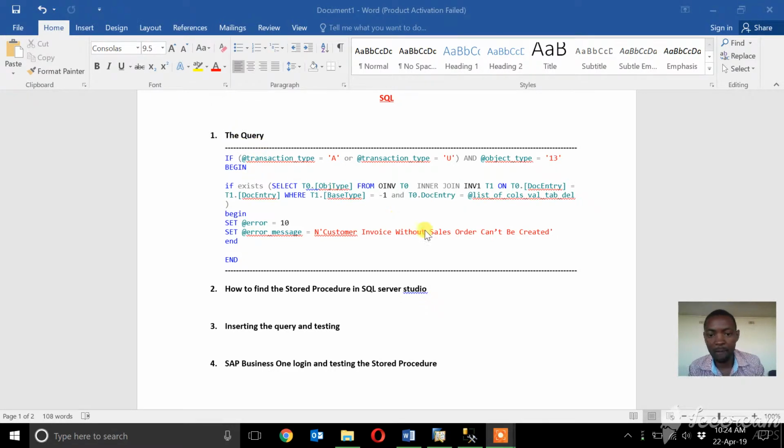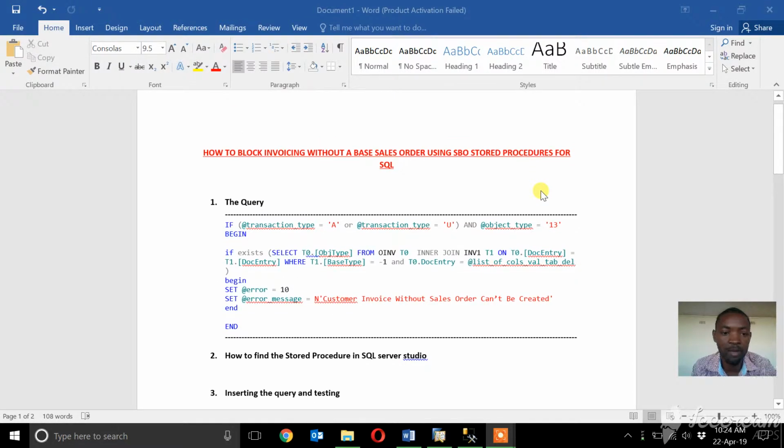This is the query that we're going to paste into our SQL Studio. It says basically every time someone creates, by adding a new invoice or updating an existing invoice, a block is given right at the bottom that says "customer invoice without a sales order cannot be created." And our invoice is the one that we're going to block, which is object type number 13 in SAP Business